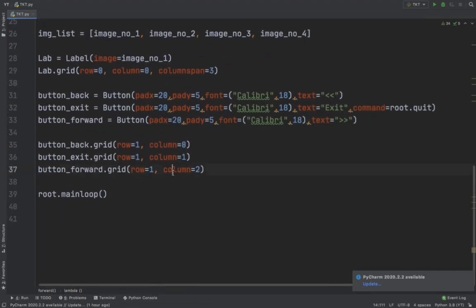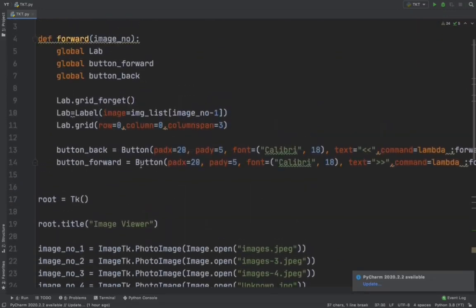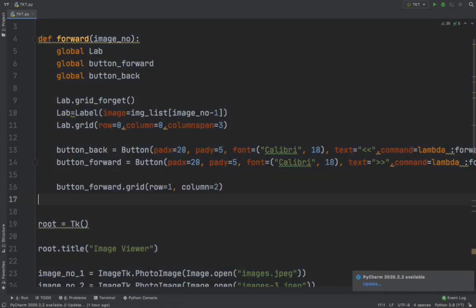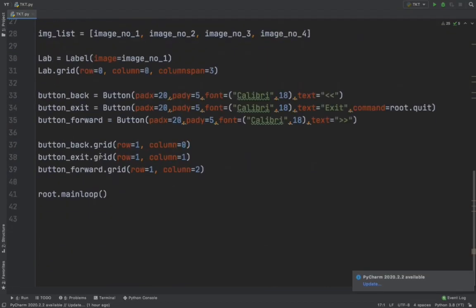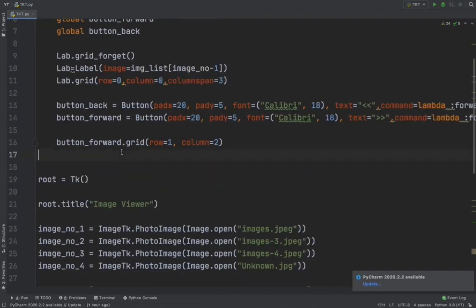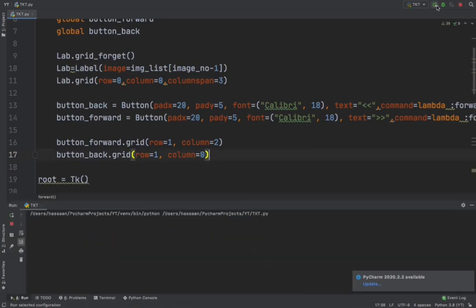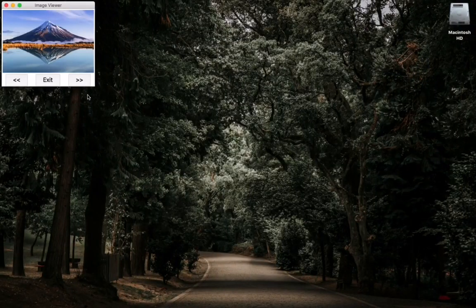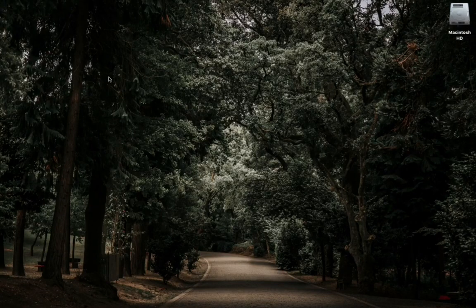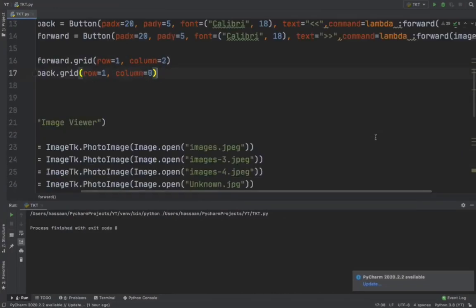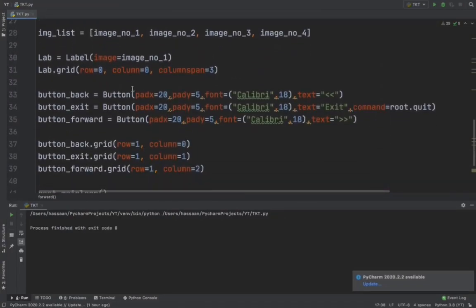Now copy the grid line of the forward button and paste it right here. And now copy the grid line of the back button and I will paste it here. Now if I run the code it will give me an error as I haven't added the command in our buttons. So let's get back to code and in the forward button I will write